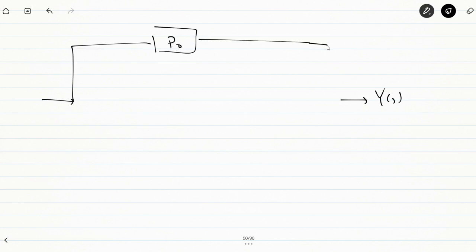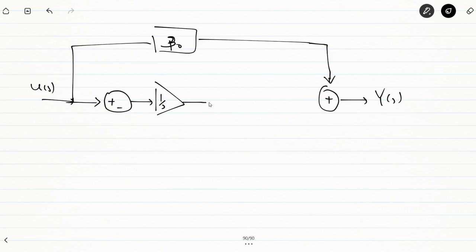That will remain the same. After that, r1 divided by s minus lambda 1 times U of s. Okay, and then